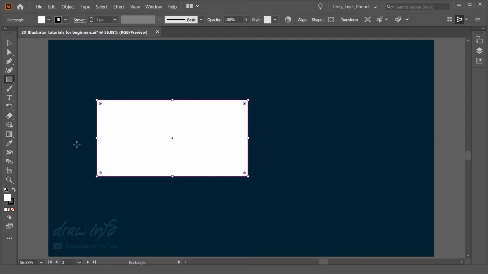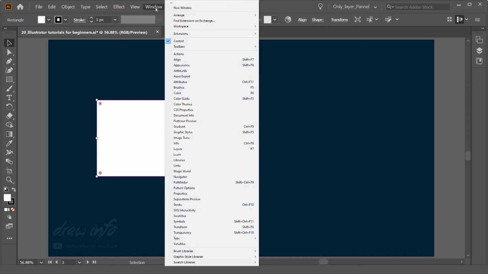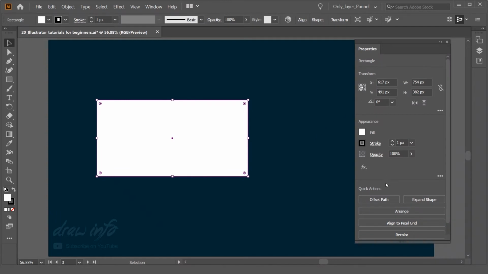Once you draw this, you need to activate the selection tool, V. When you activate the selection tool, you will get other properties over here. We need to modify this shape and see some more parameters, so we will check our property panel over here. This is the way the property panel will open, and with the help of this you can do whatever modification you want. You can play with some more parameters of these shapes.